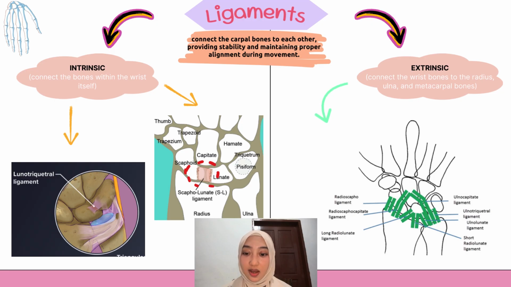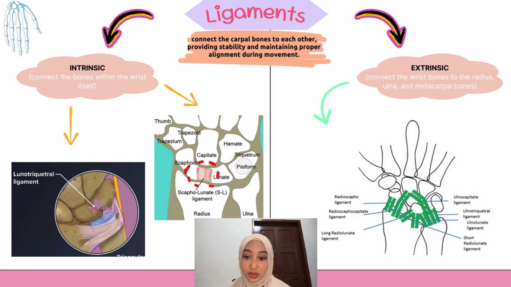So next, I will explain about the ligament. Ligament is the structure that will connect the carpal bones to each other, provide stability, and maintain proper alignment during movement at the wrist. So there are 2 types of ligament involved in the wrist anatomy. The first one is intrinsic ligament, where it connects the bones within the wrist itself. There are 2 examples here, the first one is